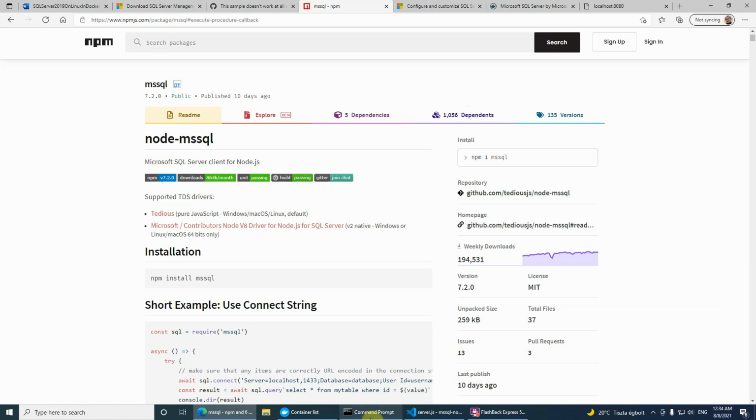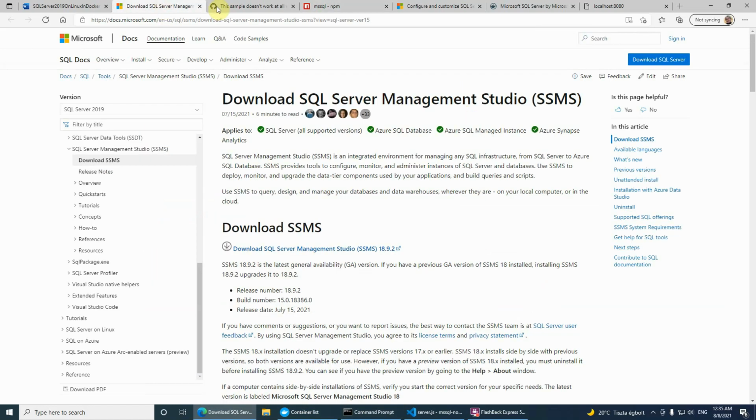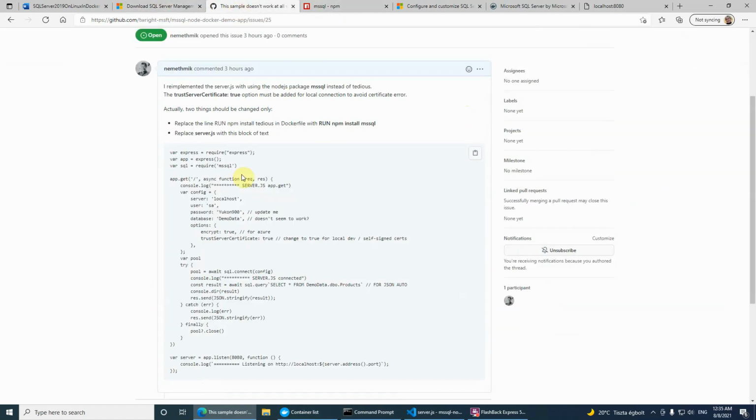So our application runs perfectly fine. Okay, I've explained the issue reported here, and just keep this in mind. Okay, and one more thing is that